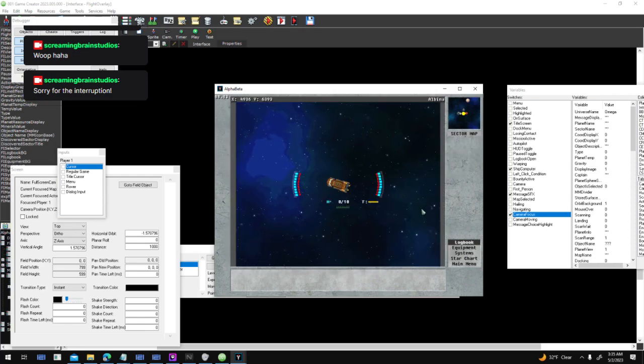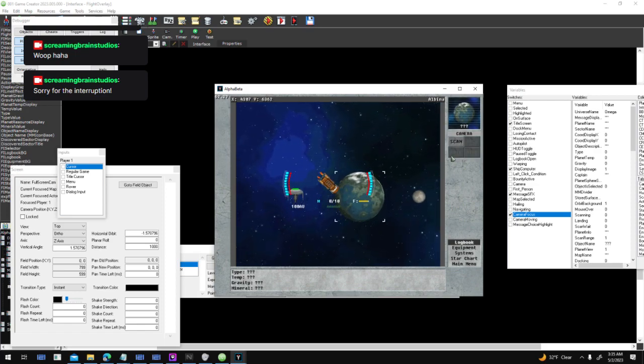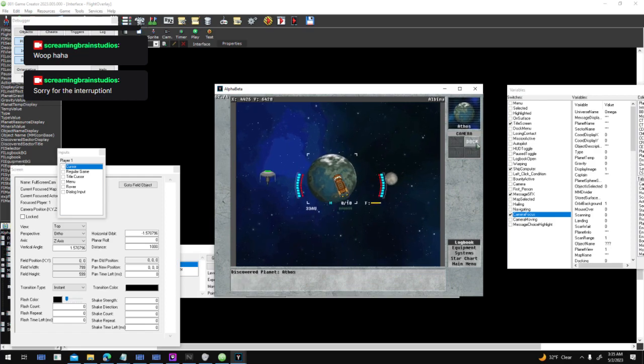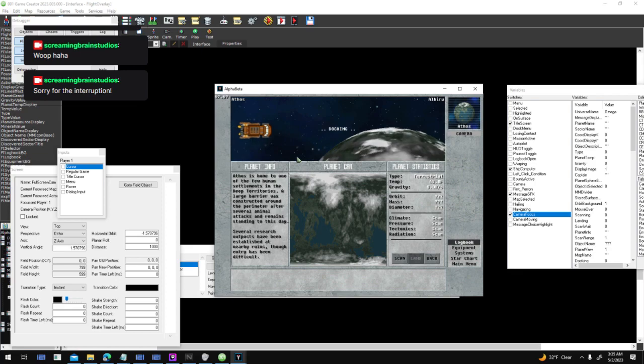Okay, so usually you would just fly around. There's a bunch of different planets. Scan them, discover things, and there's all these little stats and descriptions, and